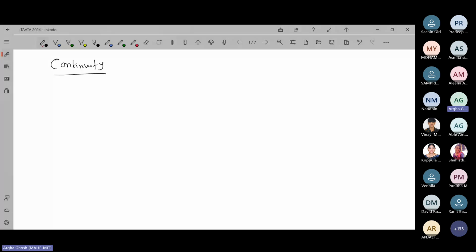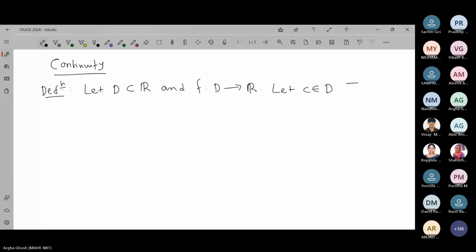Okay, so start with the basic definition of continuity. Let D be a non-empty subset of the real line. D is non-empty, and f is a function from D to R, so it's a real valued function. Let's take a point c, an element of D, then f